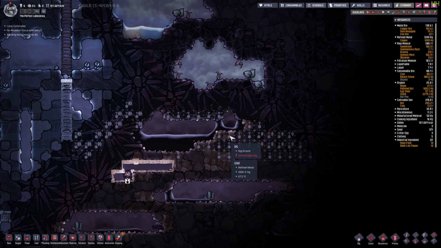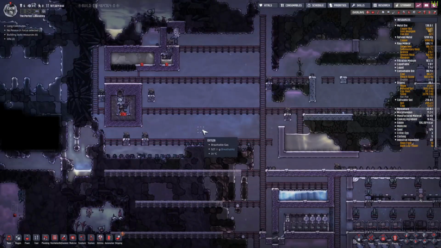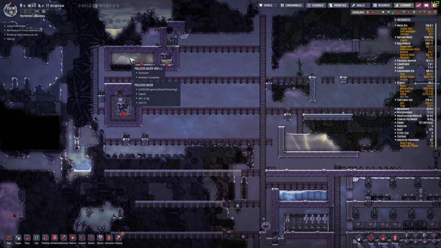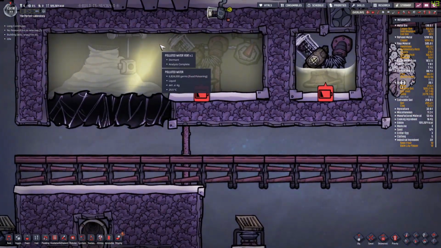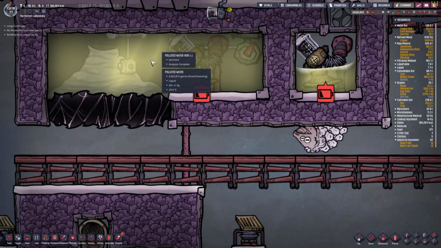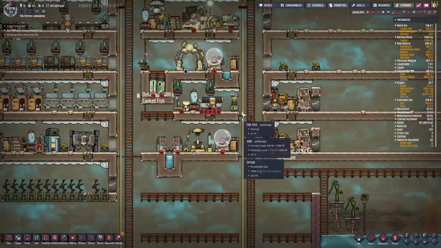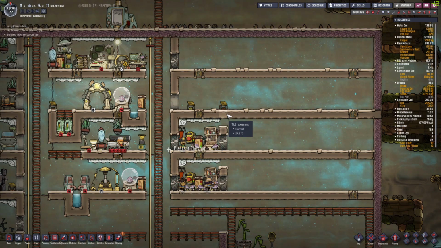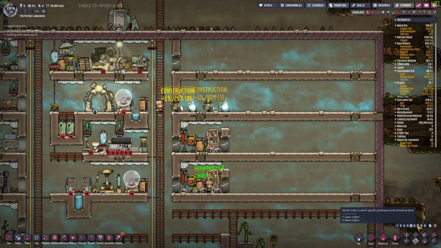Yeah, there should already be a lot of lead. And once we have that lead, we can start building cables out of lead. Okay, the polluted water vent is dormant. We have 400 kilograms of water here. So this is going to be dormant for a while. We have all our polluted water in here, which means this is also gone. Nice. So we can deconstruct this, clean up the